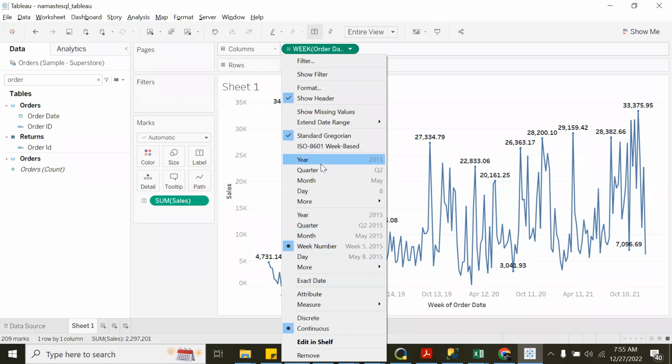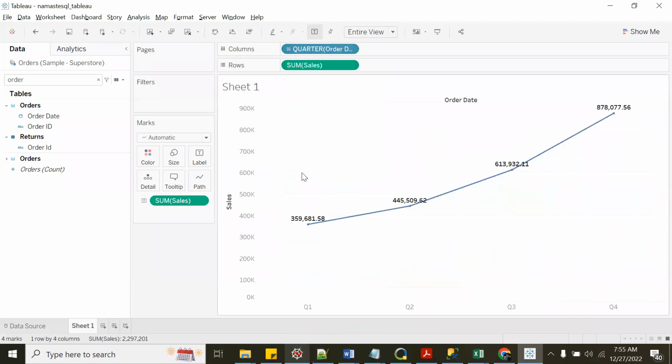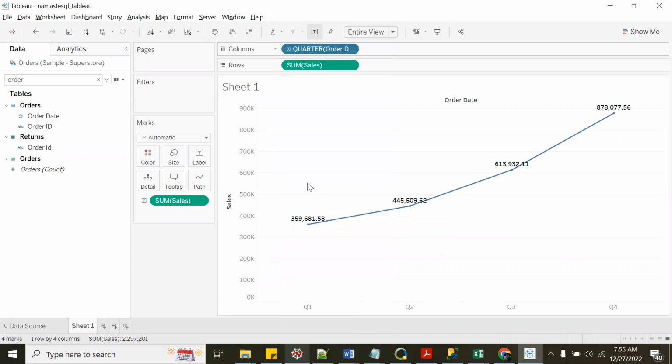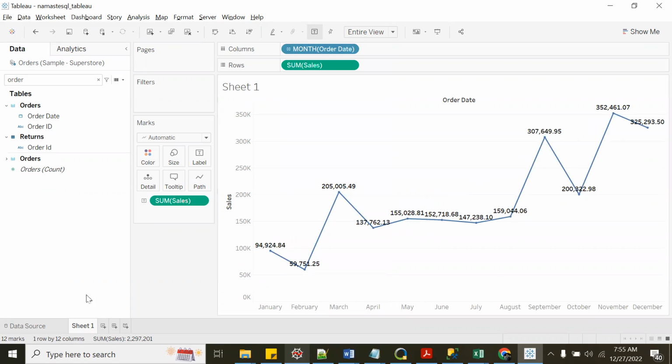Also, there are two things. If you see here, it is like exact year, quarter. So if I click on quarter, what is happening? If you see Q1, Q2, Q3, Q4, there are only 4 data points, which means it is just aggregating on quarter. So it is quarter one sales of all the years, right? So that is the difference between this area and this area. So this area is just year, quarter, month, day, right? So if I click on month, there will be only 12 data points, right? So basically it is saying